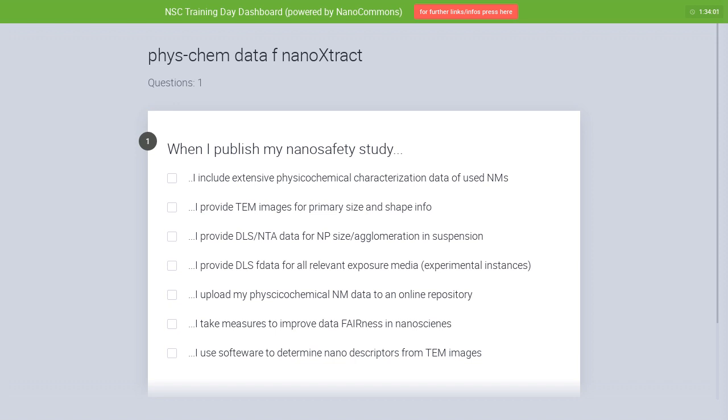Then we would like to start with this NanoXtract image analysis tool and with the NanoCommons knowledge base, where Dieter Maier is going to give us an insight at the beginning. I remind you once again, as I put into the chat box earlier, and you also find the link in the dashboard, that if you want to, you can provide one or several TEM images that we can use as an example in the next session.